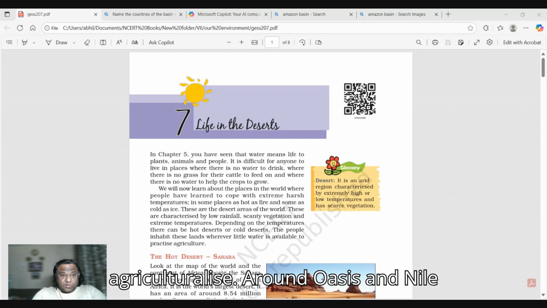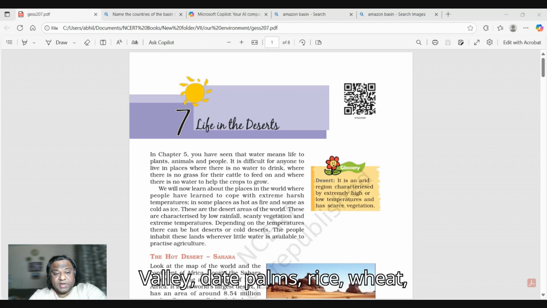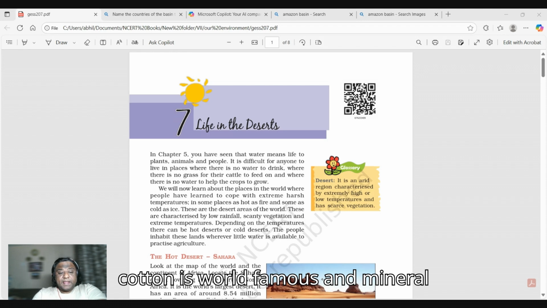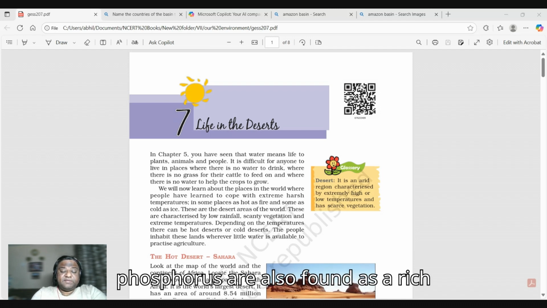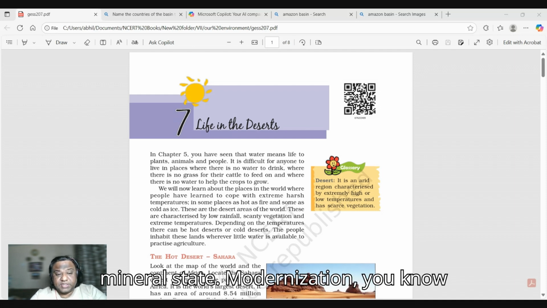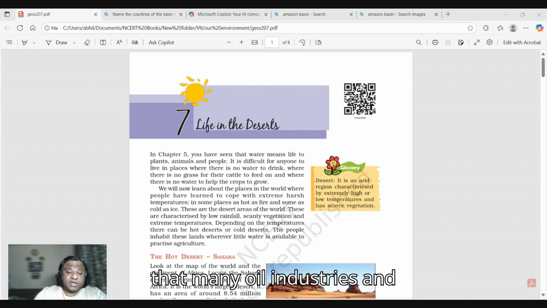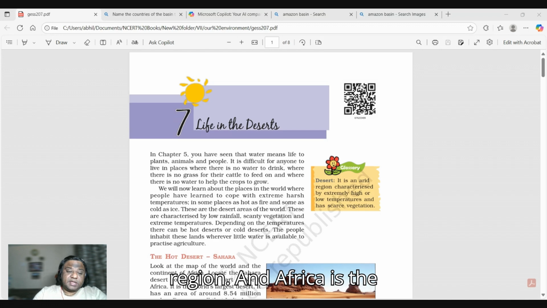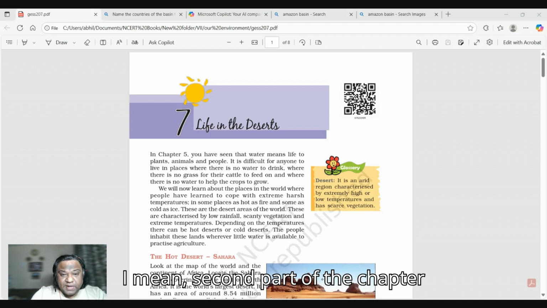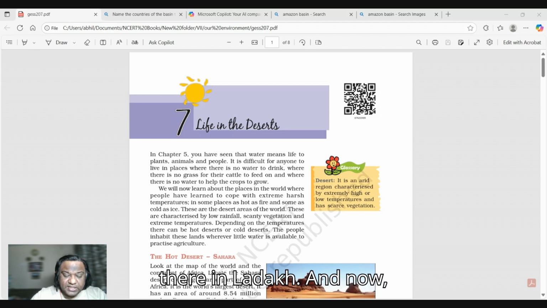Agriculture wise, around oasis in Nile Valley, date palms, rice, wheat, barley, beans, cotton. Egyptian cotton is world famous. And mineral wise, oil is found in Libya, Algeria, and Egypt. Iron, uranium, manganese and phosphorus are also found as a rich mineral state. Modernization, many oil industries are coming up in this region. And Africa is the most centered continent for its resources. Coming to the second part, the chapter focuses on the cold desert, which is there in Ladakh,